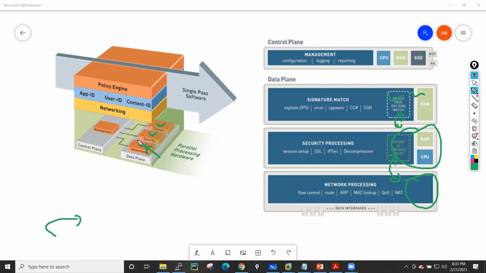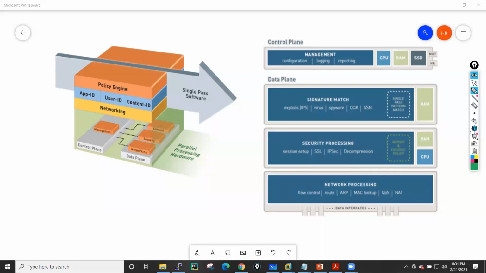In this case, maybe our ARP table will be full. Whenever anyone launches any kind of attack into your networking engine, or if your networking engine is busy with some process, your security engine or content engine does not have any kind of resource dependency, so they can process the request independently. That is your parallel processing architecture, because they have dedicated RAM and CPU, so they can do all these processes in one go, in a parallel way.